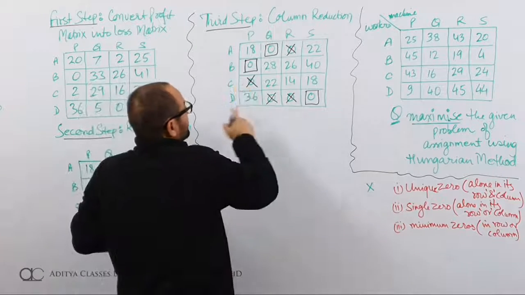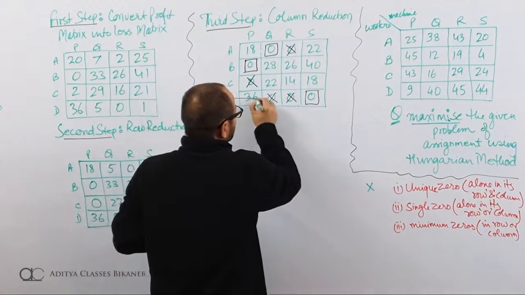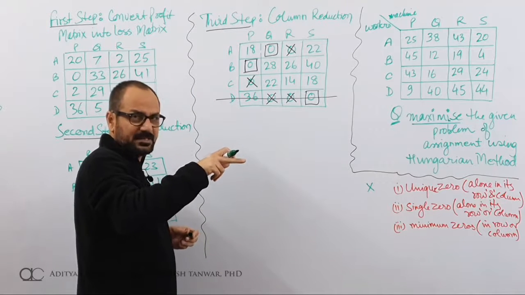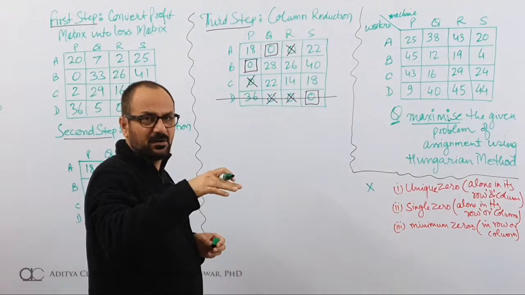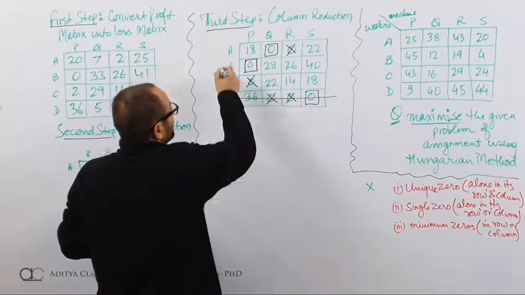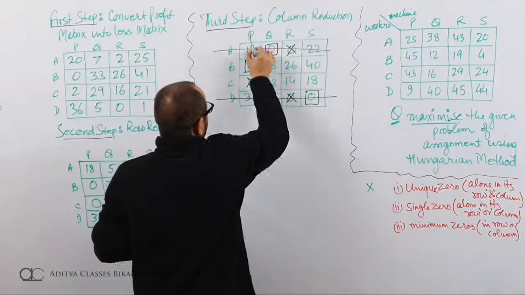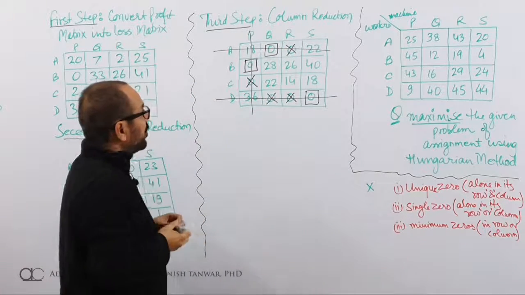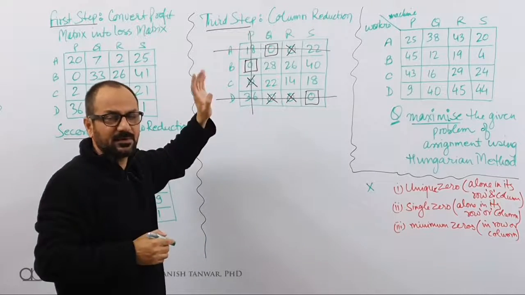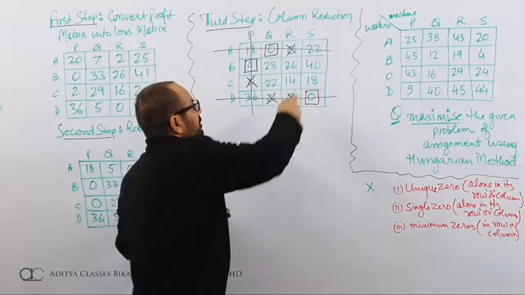So let me go ahead. The idea is to select the one with maximum zeros first. This is cut. Our previous video was on degeneracy only. So if you have any doubts how degeneracy is resolved, how we proceed further, you can check that video. Here what I'll do is, I'll go ahead and solve the degeneracy. Here I have 2 zeros, I can make this line, then I can make use of this vertical line. All zeros in this matrix have been cut by either a horizontal line or a vertical line, and only 3 lines, because there were only 3 assignments. Now I am left with these